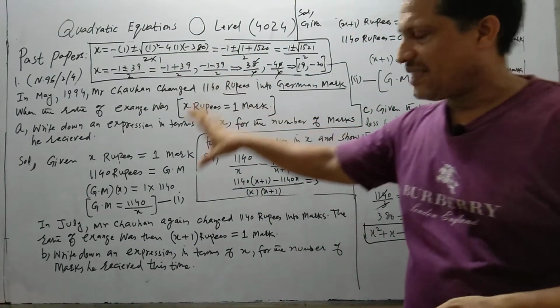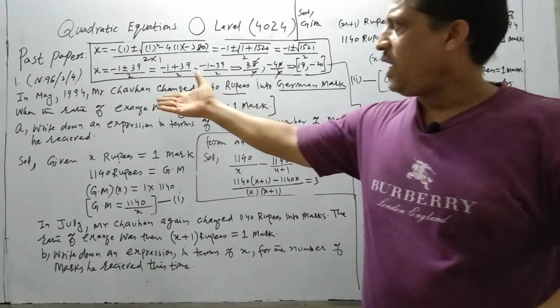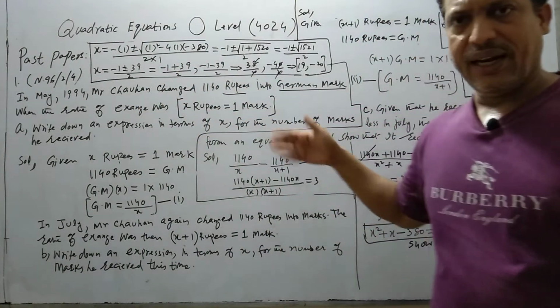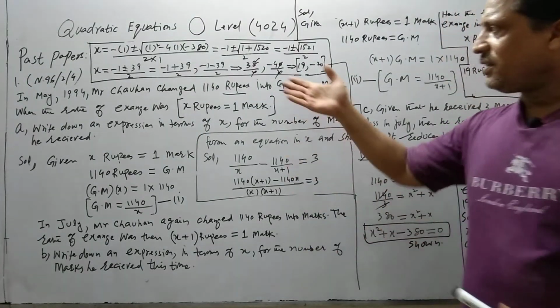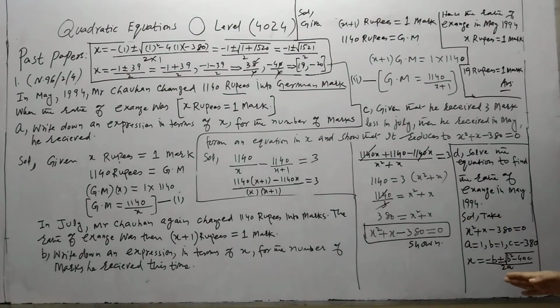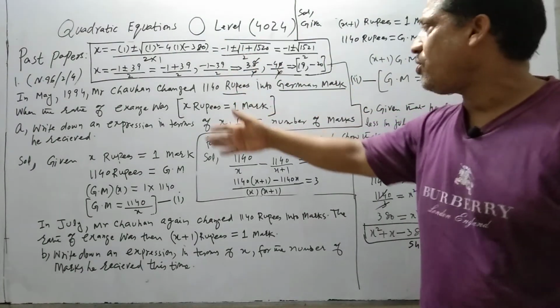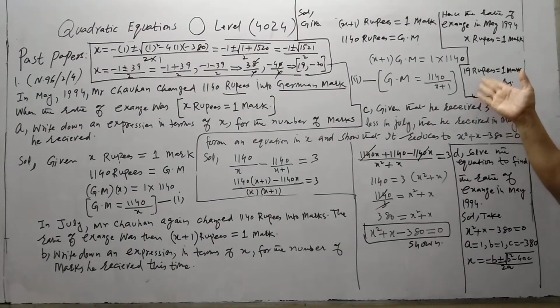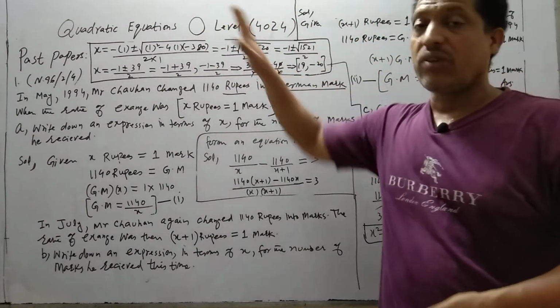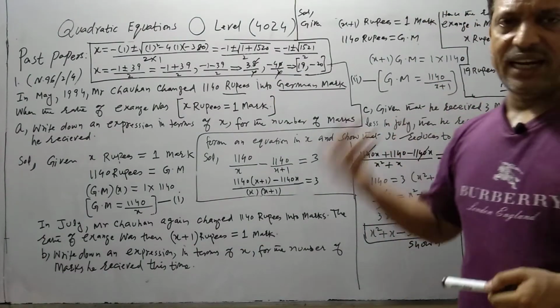So these are the examples, these are the uses of quadratic equation. See, this is a currency related question, but currency related questions form a quadratic equation, and the quadratic equation solution gives you the exchange rate. So it's a very nice and very helpful topic in our daily life.